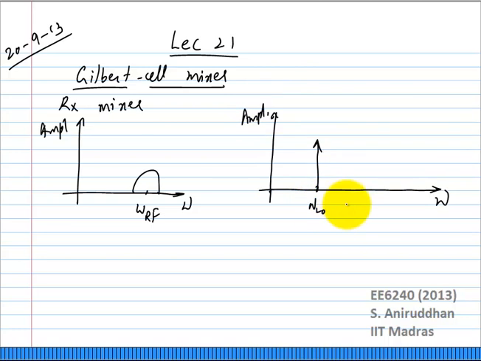You have your LO signal, but as we know, your LO signal could be a square wave, and even if you had a sine wave, a large sine wave, the current waveform is still a signum function, so it's a square wave. So you will have 3 omega LO, 5 omega LO, and so on. You will have the harmonic content of the